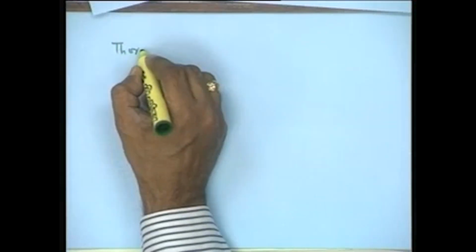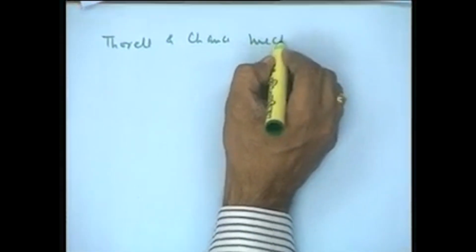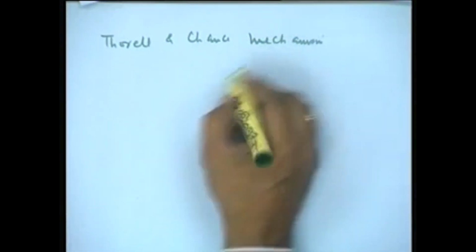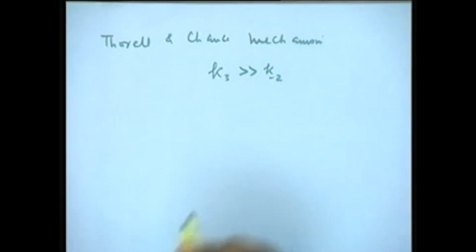This essentially indicates that in the Theorell-Chance mechanism your K3 term from the reaction mechanism is much greater than K minus 2. Essentially the condition implies insignificant quantities of EAB, with direct conversion of EA into E,